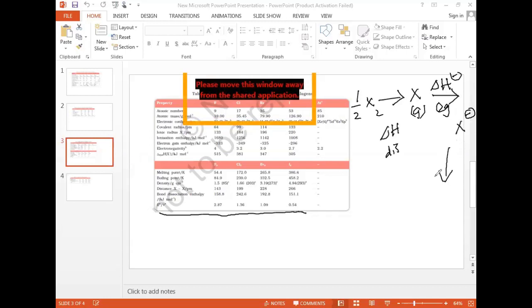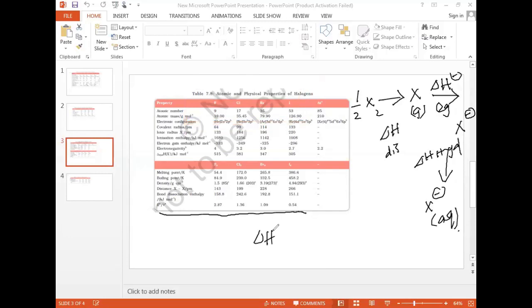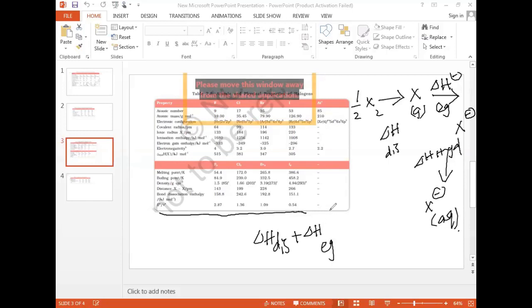This X minus, by accepting water, that is hydration enthalpy, gives X minus aqua. It means the delta H dissociation, that is enthalpy of dissociation, plus electron gain enthalpy, plus then enthalpy of hydration,